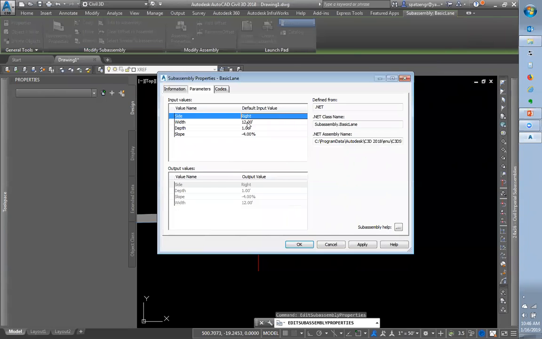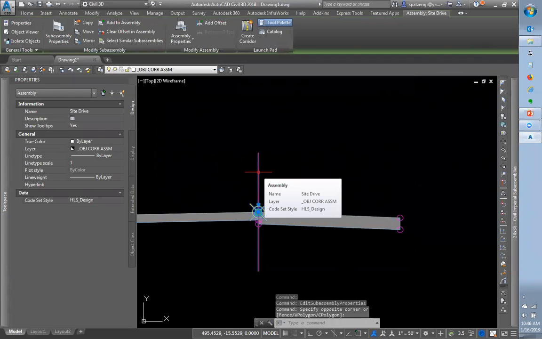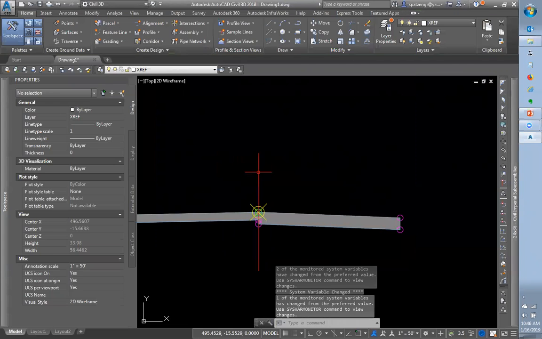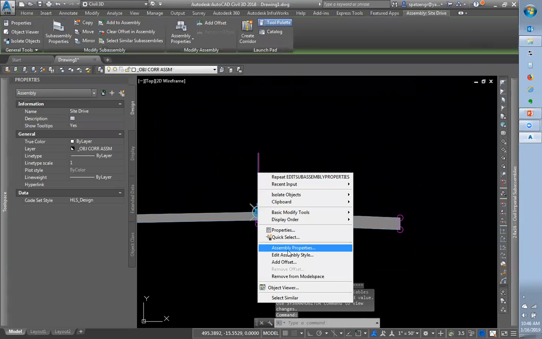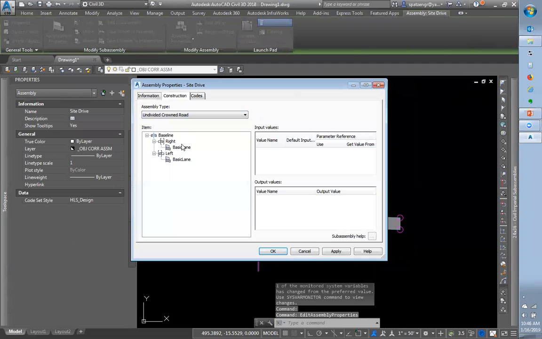So do note that. And then it's the same parameters, just a different way to access them. And we'll talk about codes here in just a second. The third way to access that is if I click on my assembly marker, right click on it, hit assembly properties. Then if I go to construction, you will actually